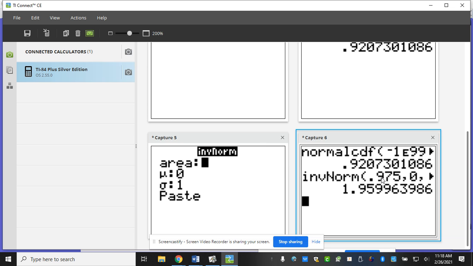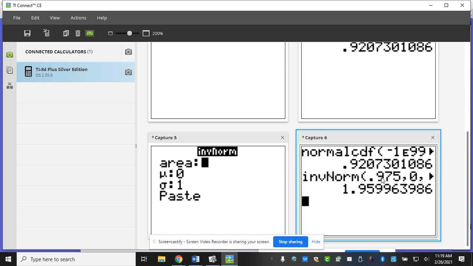Go back to second distribution. Below inverse norm is inverse T. And I can do the exact same thing, except I also put in a degrees of freedom. The one below that is T PDF, T CDF. The only thing is you only use CDF. So T CDF is the same thing as finding,